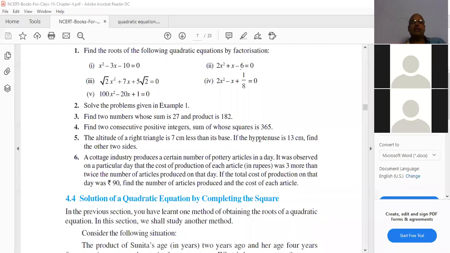Immediately, right triangle means you have to remember the Pythagoras theorem. Most right triangle sums you have to solve by the Pythagoras theorem only. This year we are going to derive the Pythagoras theorem using similar triangles. Stating and proving the Pythagoras theorem is most important. So the derivation will be learned this year.